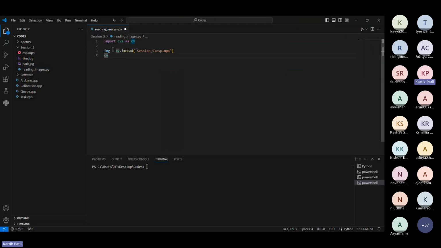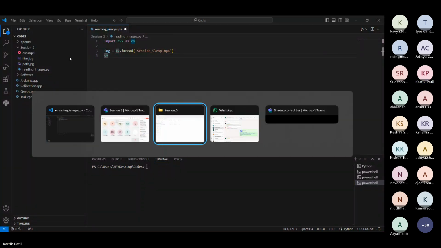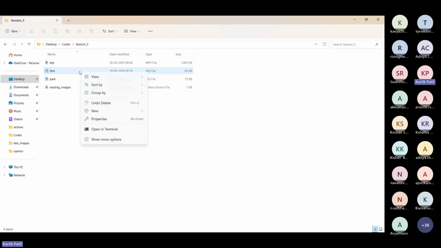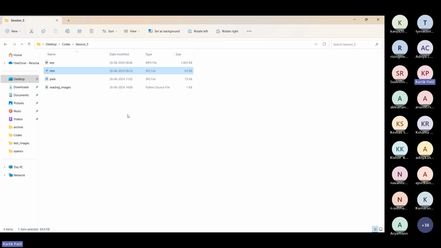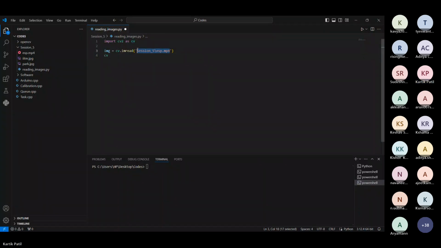Okay. So I've started with this. I've imported CV2 as CV, and I have taken an image. I've copied its path. How to copy the path? You can go into an image, right click, copy as path. You can see copy as path here. You click that and then paste here like this. Make sure it's in single quotes, not in double quotes,